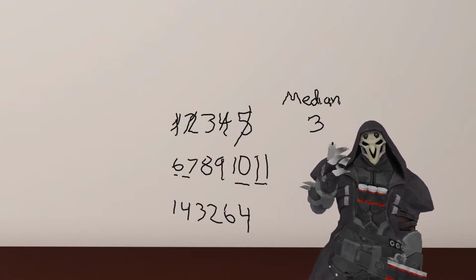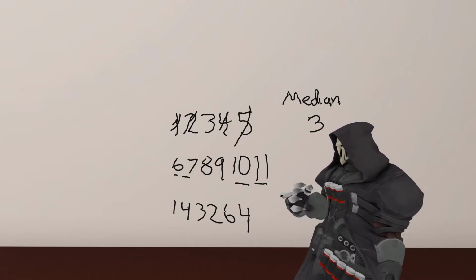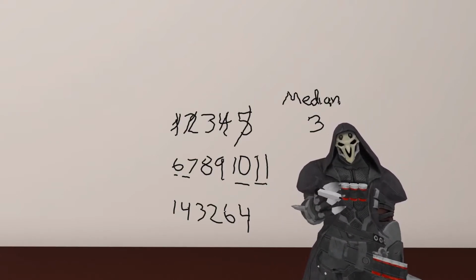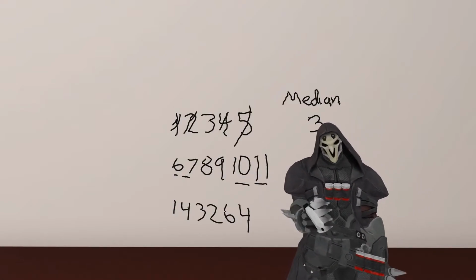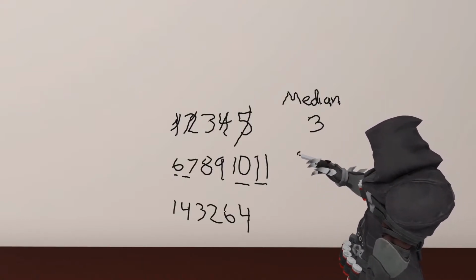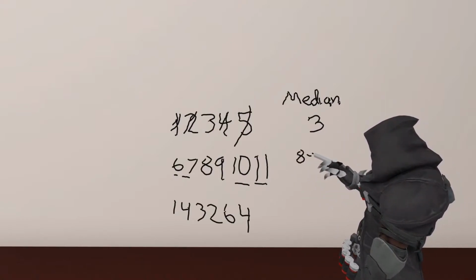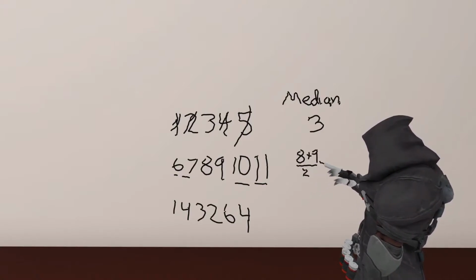Now we want the middle number, not the middle numbers. So what we're going to have to do is take the mean of these 2 numbers. So we're going to say 8 plus 9 divided by 2